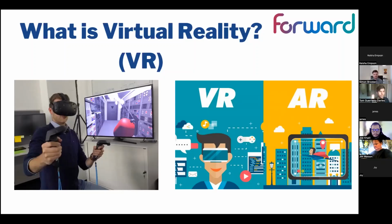VR, what I thought when I was first briefed to look into it, is it's just for gaming, isn't it? It's just an interesting way for gaming, and it is used for video games. I guess it provides an update on the most realistic graphics that you could get on video games. Modern video games are getting more and more realistic, and I guess VR is a way for them to be even more realistic, so you actually feel like you're in the world that the game is trying